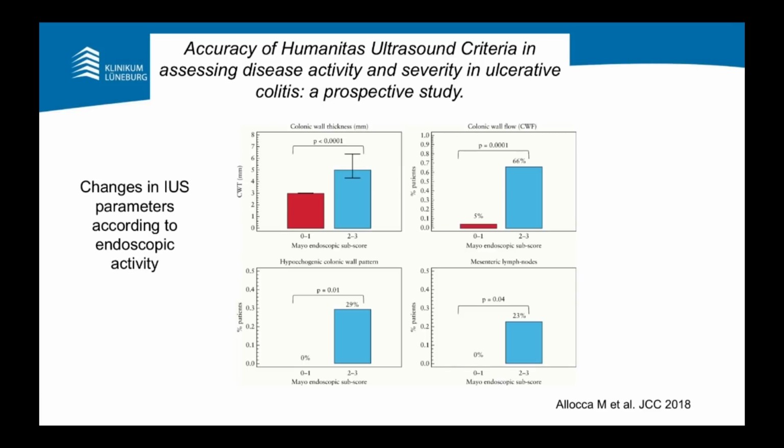Now, the change in GIUS parameters according to endoscopic activity, there was a significant correlation between Mayo endoscopic subscore and colonic wall thickness, colonic wall flow, hypoechogenic colonic wall pattern, and mesenteric lymph nodes. So, prospective study clearly showing a very good correlation between endoscopic activity and especially bowel wall thickness and colonic wall